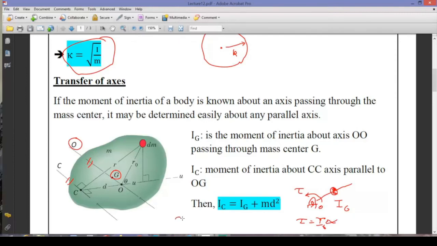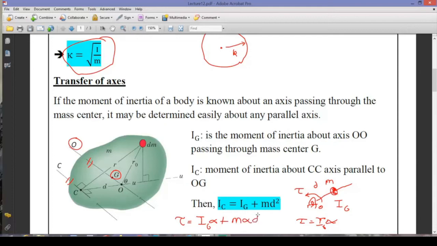I could have said that this tau is actually equal to IG times alpha plus, if I say the total mass of this bar is m, then it will be m times, if we call this distance D, from the rotation axis to the mass center, m times